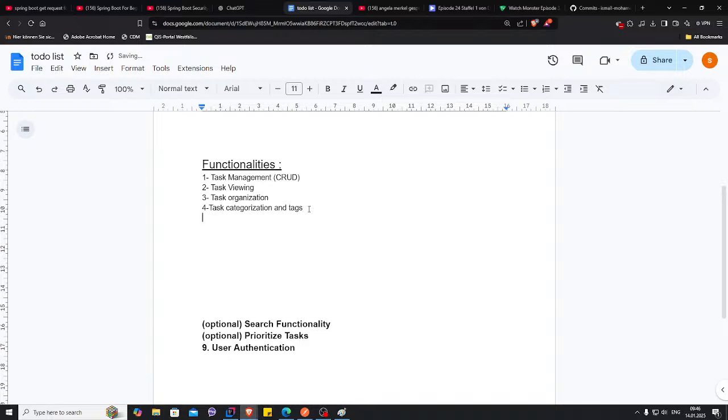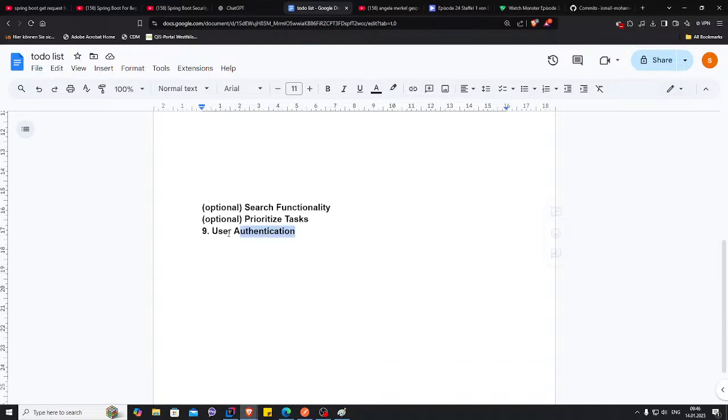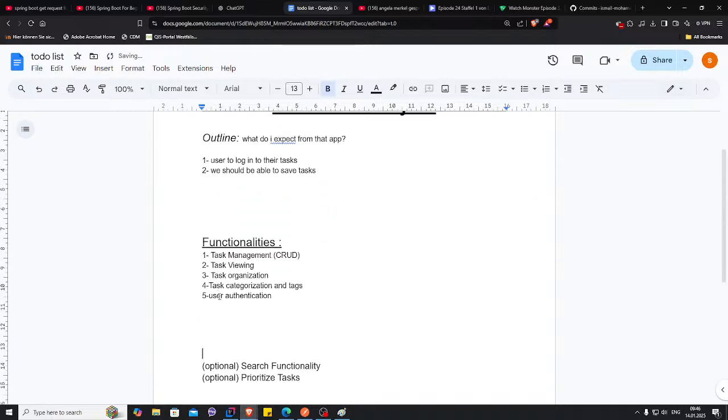And after all of that, we will need the user authentication, but I'm not sure. Should I authenticate? How would I go around with that one? And of course we will save all of that. Now that's for the functionalities. Now going one step under,